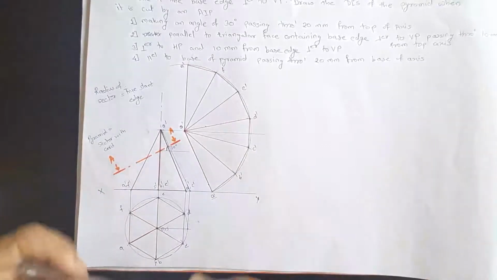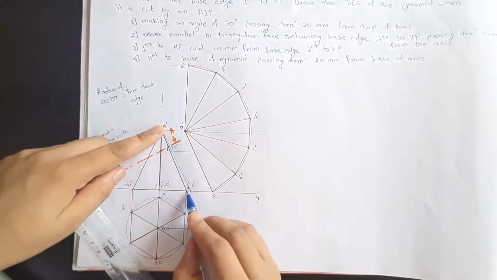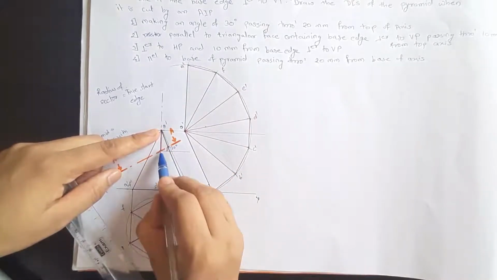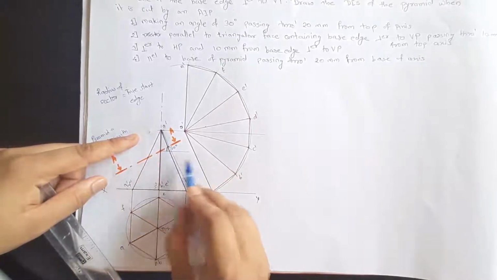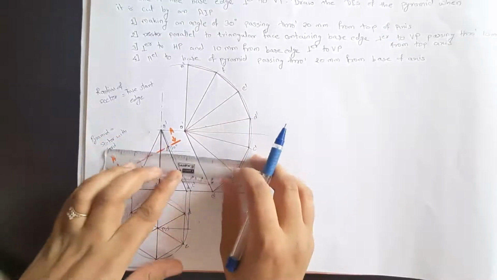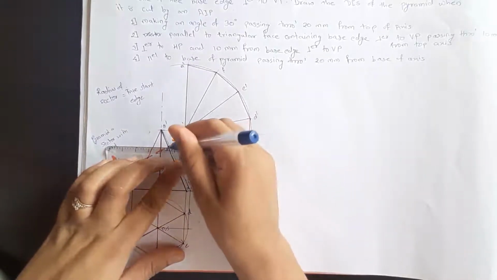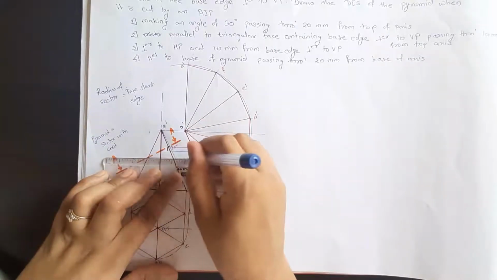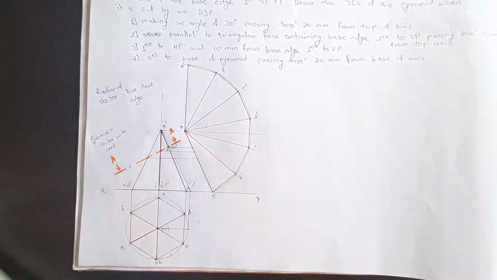Now this cutting plane is cutting O dash D dash and O dash C dash at this point, O dash B dash and O dash E dash at this point, O dash A dash and O dash F dash at this point. So from here we are supposed to take the projection to this developed slant edge. So take the projection up to this one. That means we are supposed to shift all this distance to the true slant edges. These are not the true slant edges, so shift it to the true slant edges.